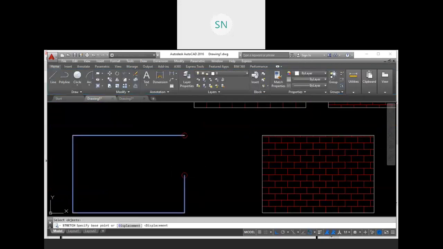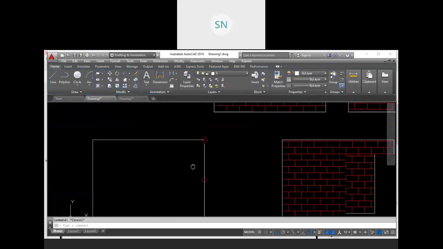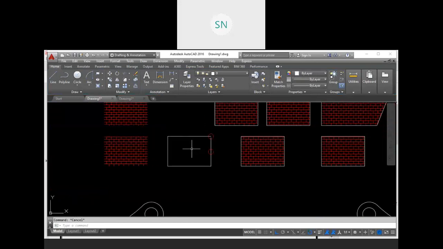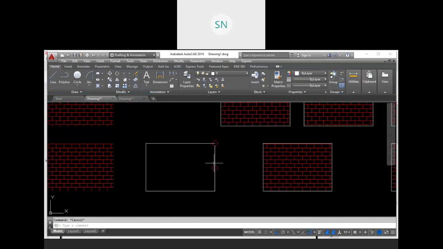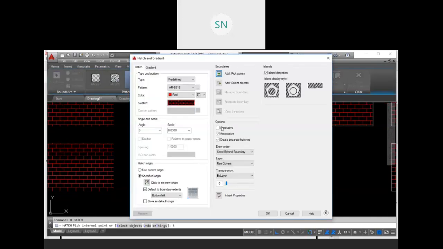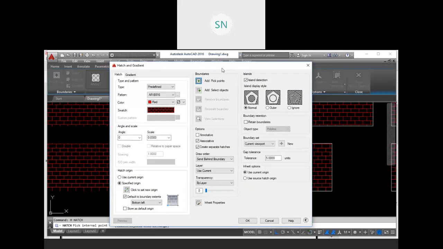Now one more option. For example, we have a gap within limit, and now I'm going to hatch in that area, but I also want to create one new boundary for my object. So we have option boundary retention over here. See, boundary retention.